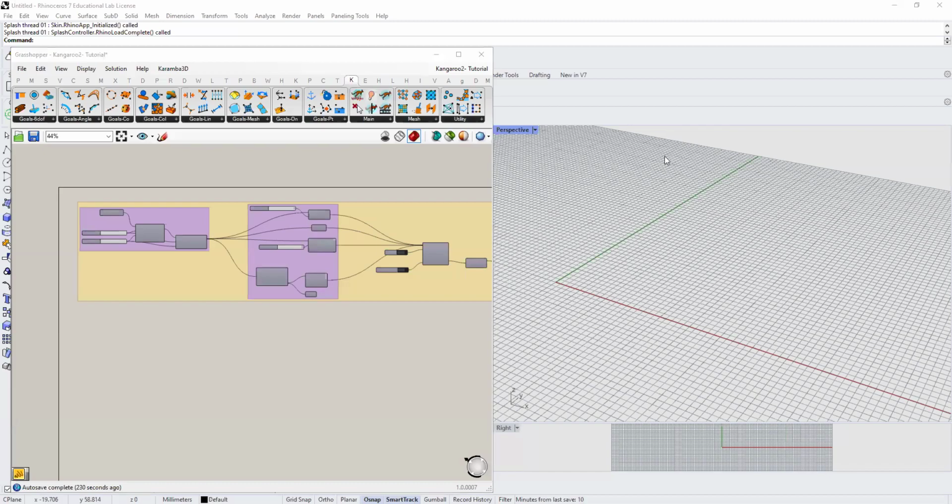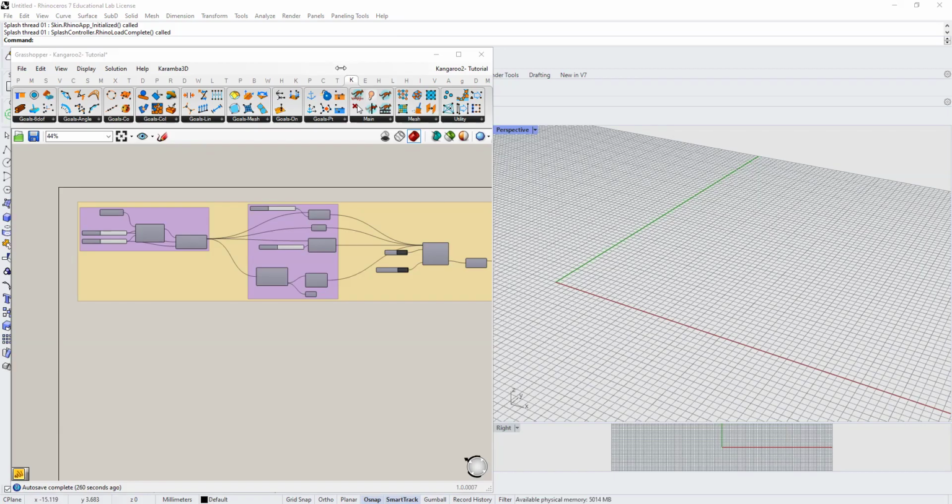In this video, I want to show you how you can use Kangaroo, a plugin in Grasshopper, to design membrane structures or shell structures and work on the form finding of these kinds of structures. First of all, I want to tell you that Kangaroo is a pretty comprehensive toolkit, and not only can you use it for form finding of structural systems, but also for many other design works, such as, for example, designing